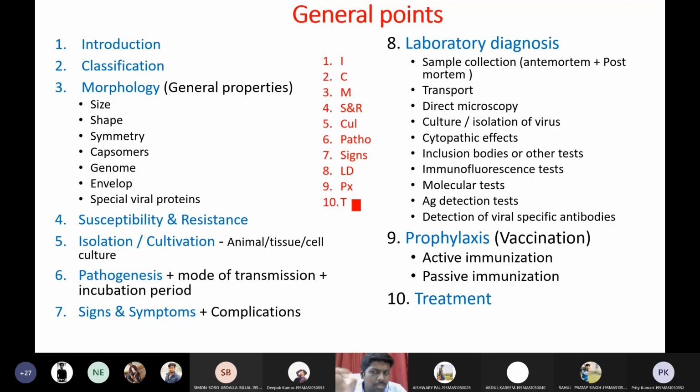If not, it will be really challenging. You will get confused about what to write when we ask a question in the exams. So you need to standardize these 10 side headings for any virus. Try to work on this particular slide. You must memorize it. There's no other option for you.